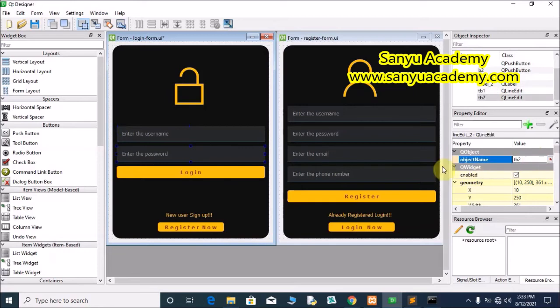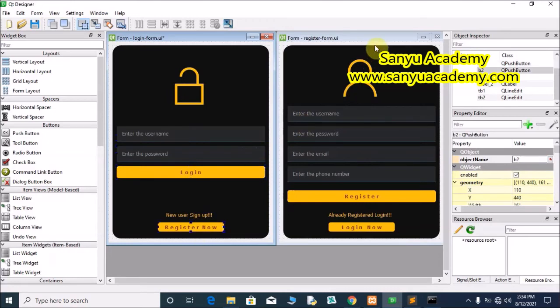For the login button I give the name b1. For the register now button I give b2. So for the text box tb1, for the second text box tb2, login button b1, for the register now button b2.